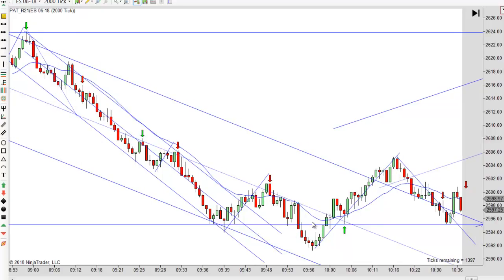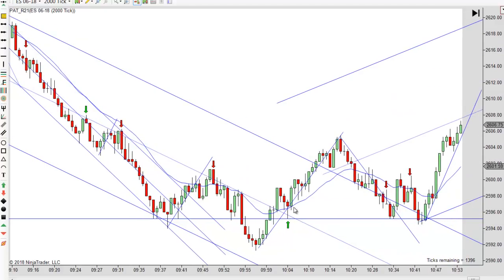We touched it here and then tested. Of course, we had several tests over here as well. There's actually a double test and a higher low right here, but we didn't have a break of this, and I wasn't sure that I'd feel comfortable going long down here trying to pick a bottom. Everything's still below the EMA right there, but then you're taking off.